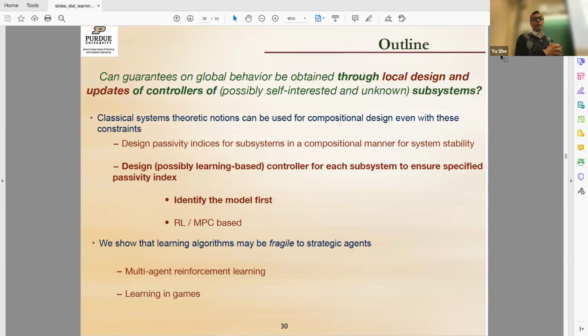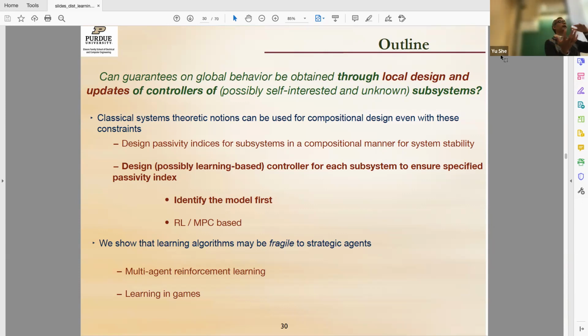Now, what if the model is unknown? Also, it might be that my subsystem already has a controller based on some learning algorithm, some MPC or something. So how do I then impose this passivity constraint on the system? I'll be talking about two things. One is more classical system identification based, where I want to identify a system such that I can design the controller to have a dissipativity constraint. And then later I'll talk about an optimization, possibly learning-based control. So our job is, I have this subsystem whose model I do not know.